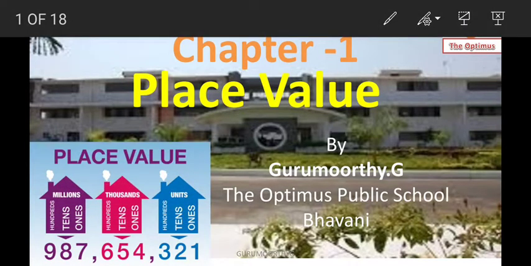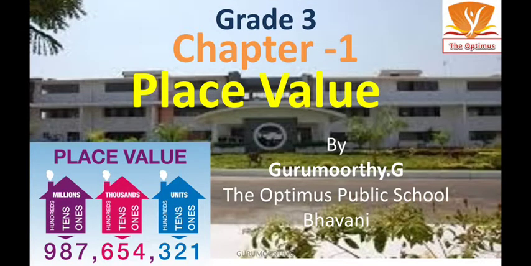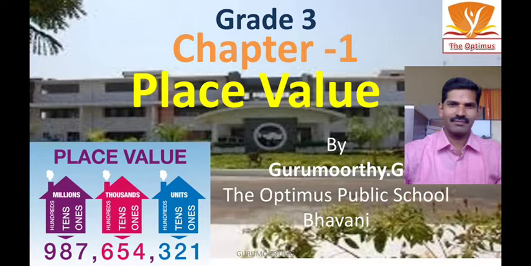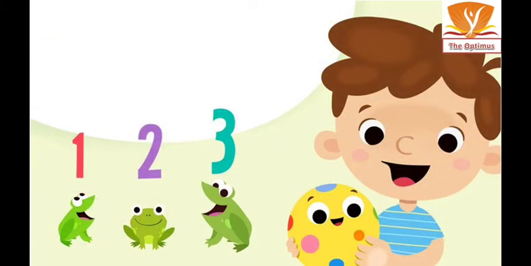In the previous video we saw forming of 4-digit numbers, reading of 4-digit numbers, place value of each digit in a number, and expanded form. If you have any doubt in this topic, kindly review the second video, then come to the third video. In this video, you are going to see comparing numbers and finding biggest and smallest numbers. Let us start comparing numbers.